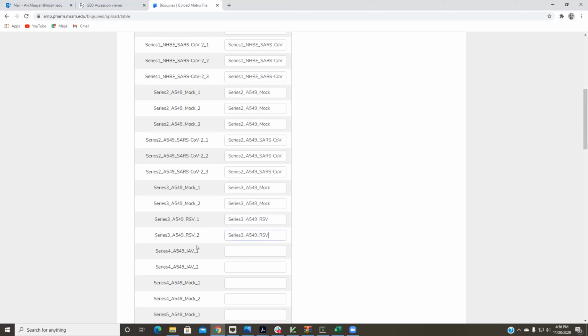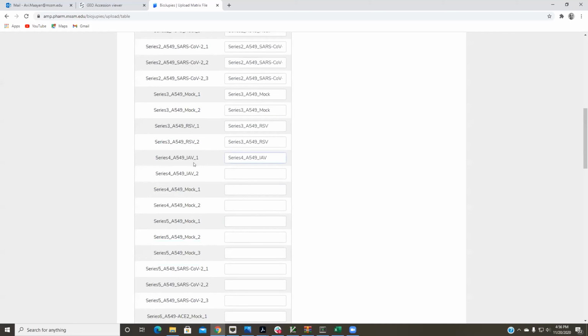What they've done is they have different viruses that they infect this cancer lung cell line. And this is the mock treatment, so those are our controls. They have them in multiple series, so the mocks are in multiple series. And this is the SARS-CoV-2 infections for,